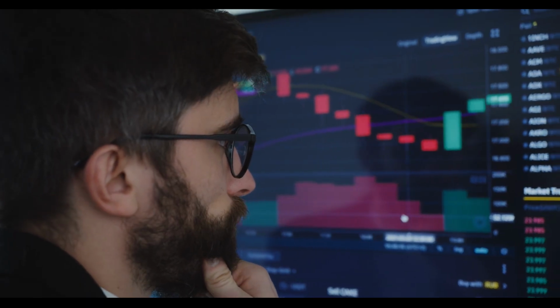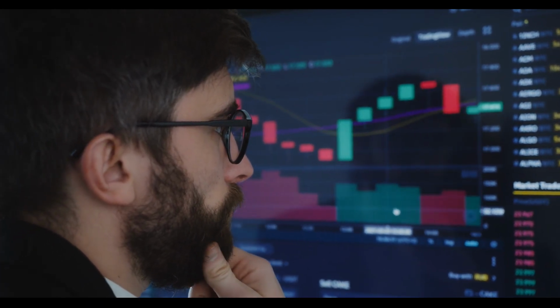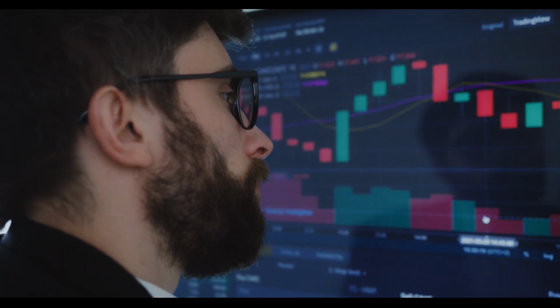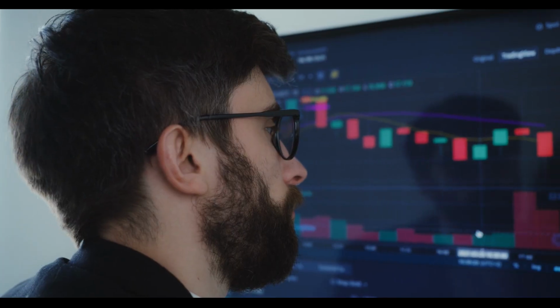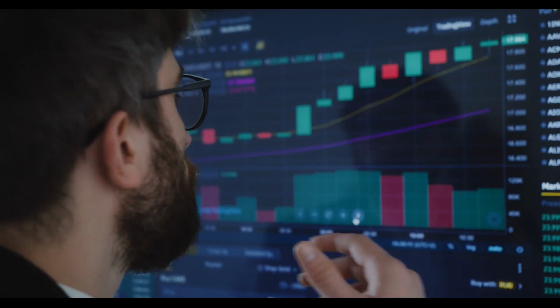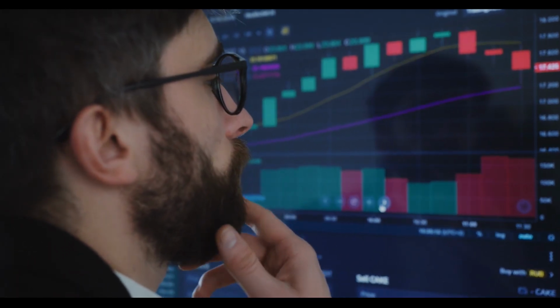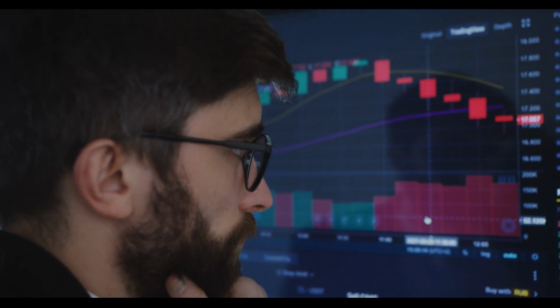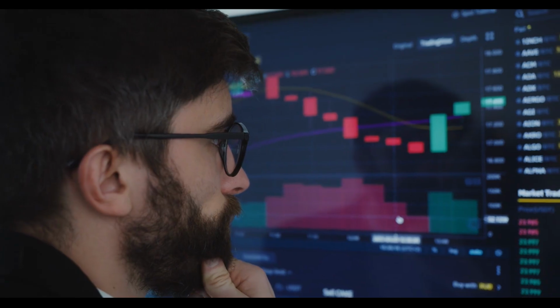Let's look at a real-life example of how AI tools helped an investor achieve a $10,000 gain. Meet Sarah, who used the AI tool, Trade Ideas, to identify a stock that was undervalued. By setting alerts for specific price points, she was able to purchase shares of XYZ Corp when it dipped to